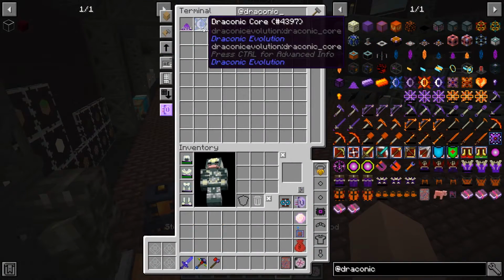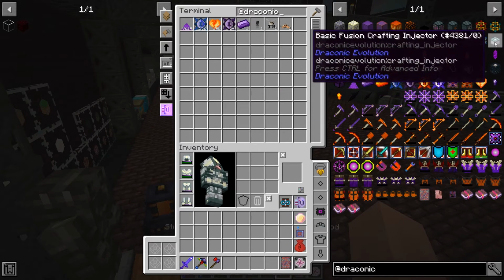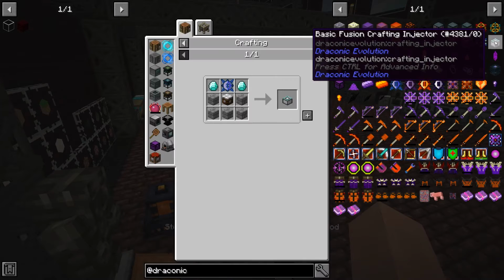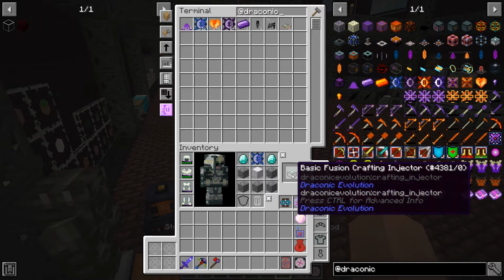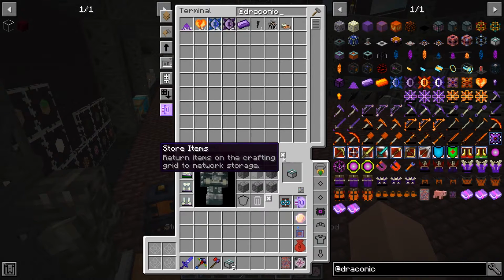So I have 152 Draconic cores and 64 Wyvern cores. And the first thing I'm going to create with those is the basic fusion crafting injector. Pretty much everything in Draconic Evolution requires fusion crafting. So I'm going to make 9 of these. And I'm going to pretty much...